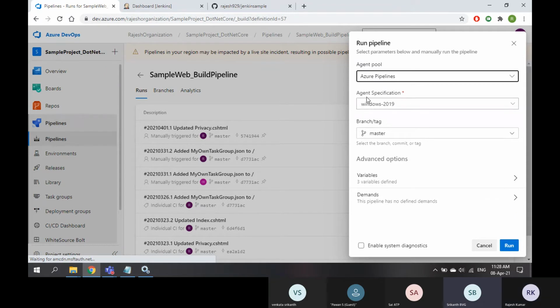In Jenkins, we've seen that those things need to be installed on the local machine as well. So in Azure, whenever it is running on a remote machine from Azure pipelines, it is automatically installing over there, right?